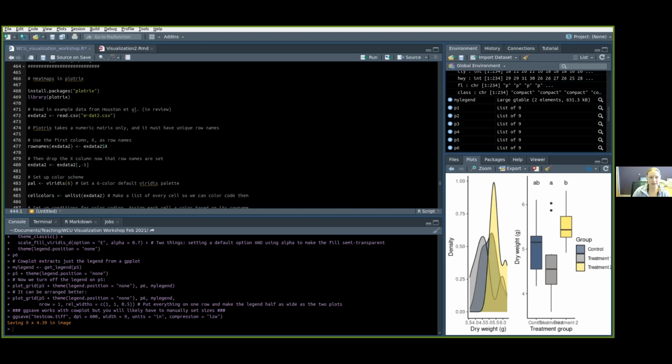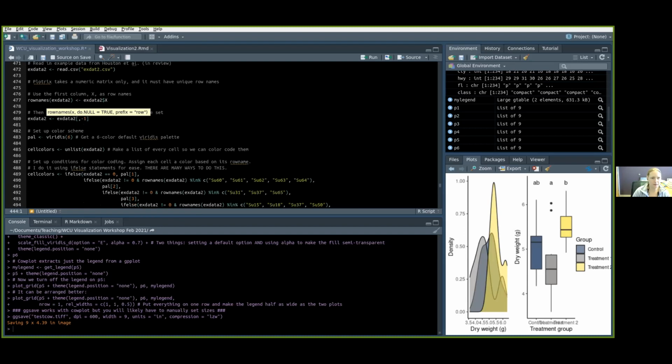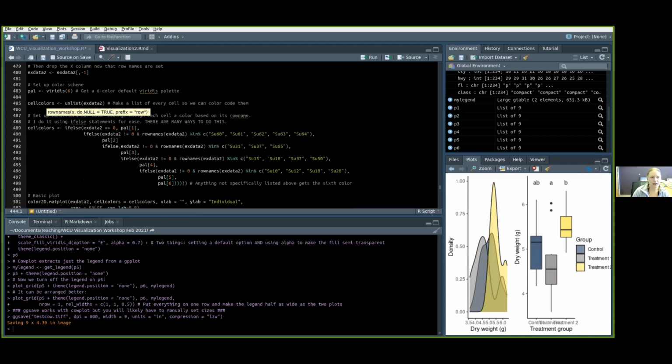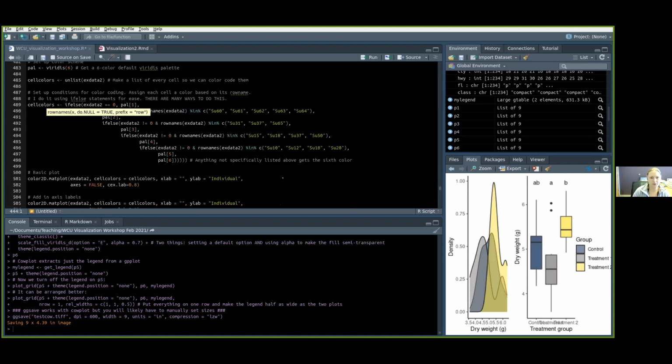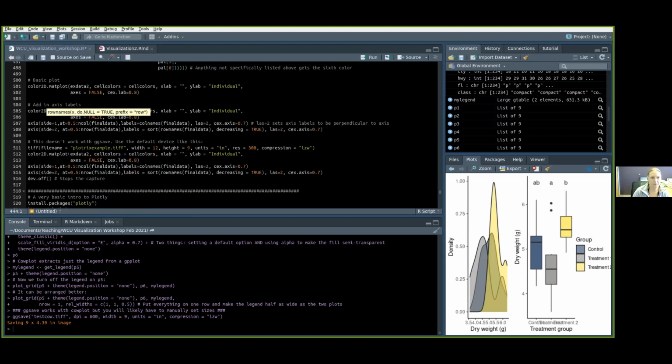Okay, so I've provided you an example data set from a paper that we have in review right now. A shortened, smaller data set, so you can make plots. This steps you through the process of making row names, dropping the column that you don't need, making a palette outside of a ggplot call, right? So you can just make a Viridis palette, call that Viridis palette, and assign specific colors to specific groups of data using if-else statements,